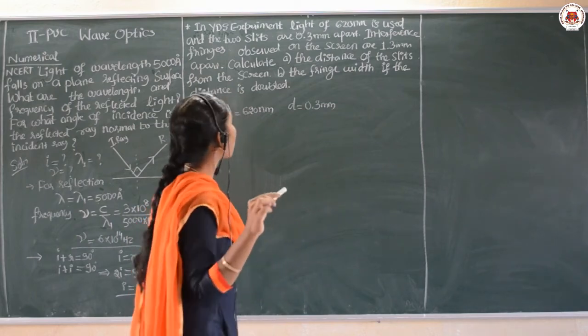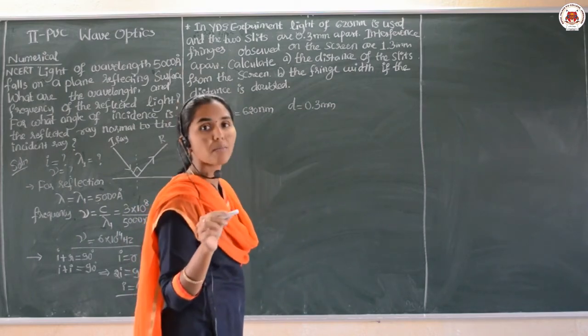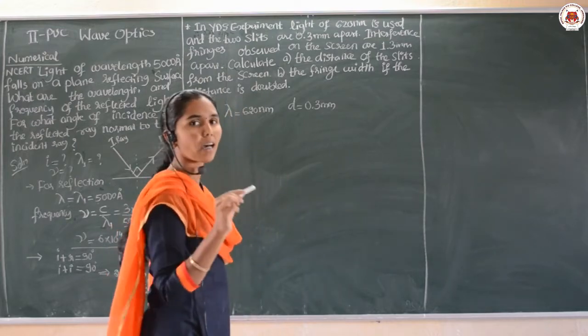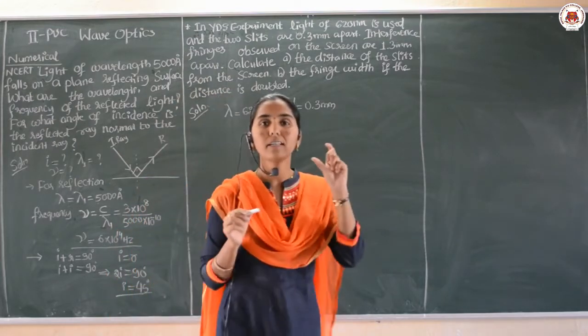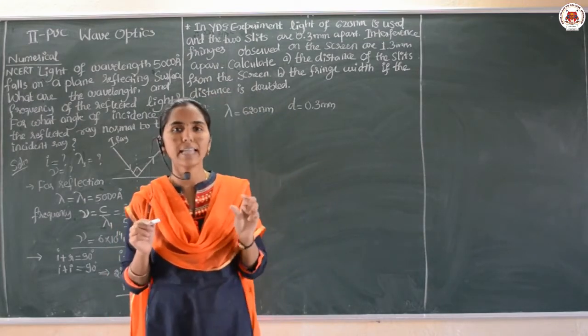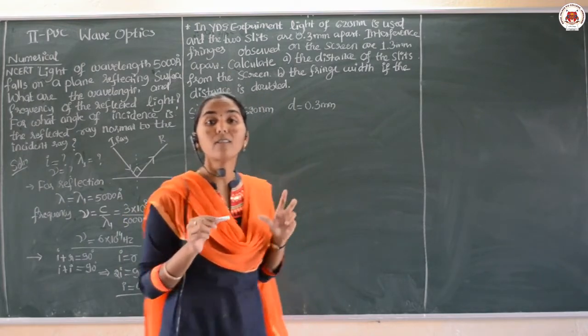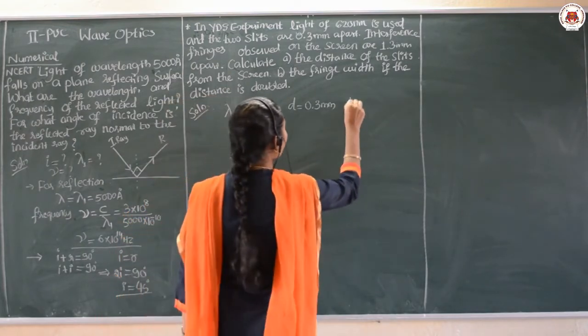Interference fringes observed on the screen. When they observed the interference fringes on the screen, what is their wavelength, what is their width there? The width of the fringe is given as beta is equal to